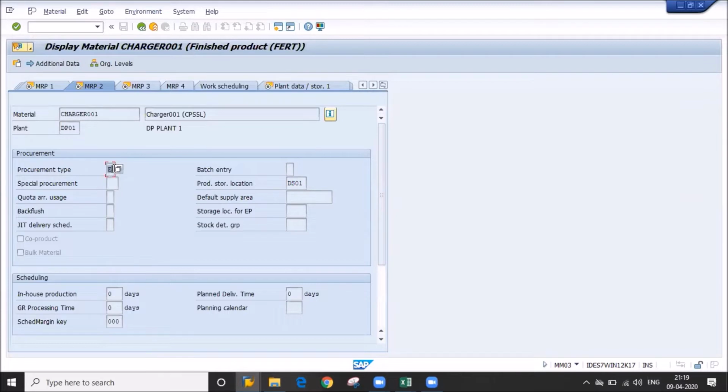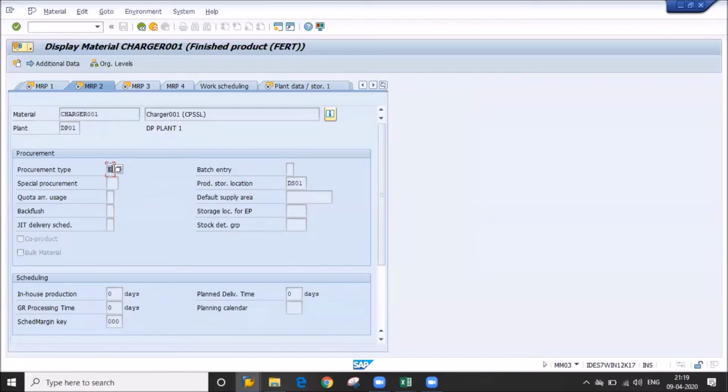Okay, but sometimes a semi-finished item you can procure, or you can produce in your premises also. So you can maintain based on that. In our scenario, we are maintaining procurement type X for the semi-finished item because we don't know when the business can change the requirement.